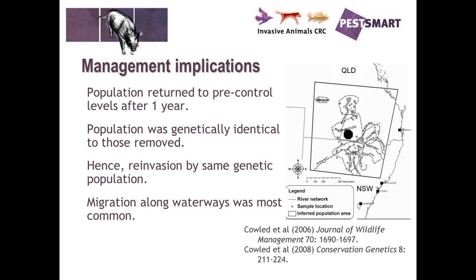And there's a bit of a map of the area that was used in the study, and the black part there is where the actual property was that received aerial shooting, and you can see that little boundary around it is the actual identified size of the population, and that little square or that little area in the middle is just a small component of that.